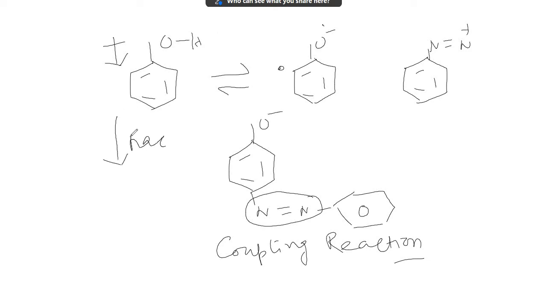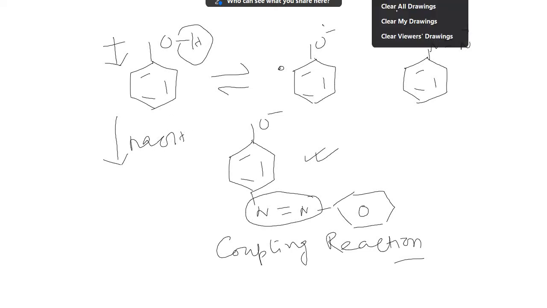Why alkaline medium? As phenol is acidic, in alkaline medium it forms phenoxide ion. Phenoxide ion increases electron density more in the benzene nucleus, so the coupling reaction takes place readily. With phenol, the reaction of diazonium cation should be carried out in alkaline medium. On the other hand, if I take NH2,